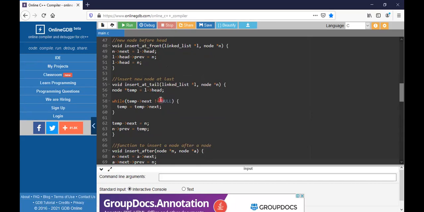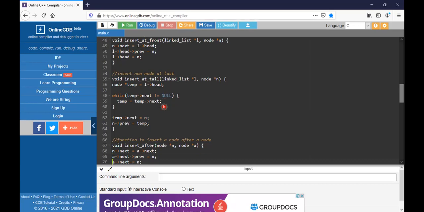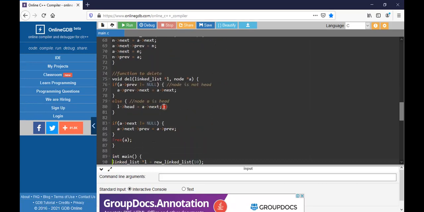If it is at the last one, I need to check whether the next value is null or not. If the next value is null, then I need to consider the last point, so at the last I need to insert the value. After node means I need to specify after which one I need to give the value there.